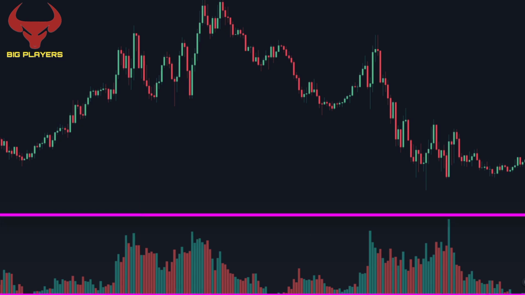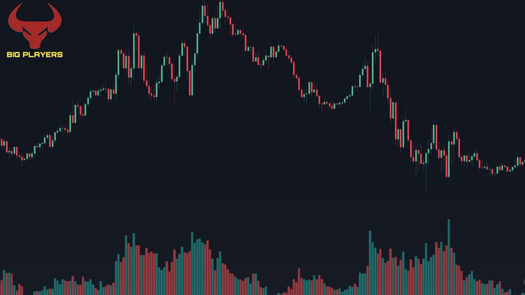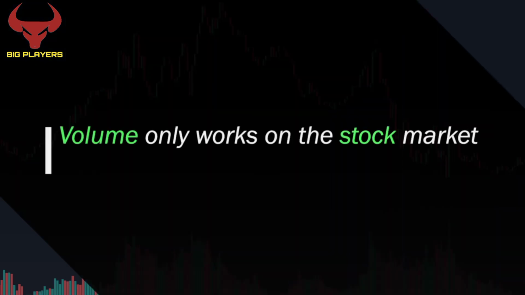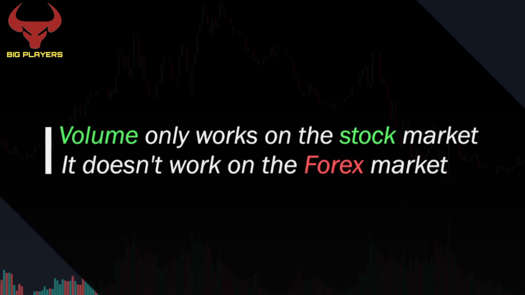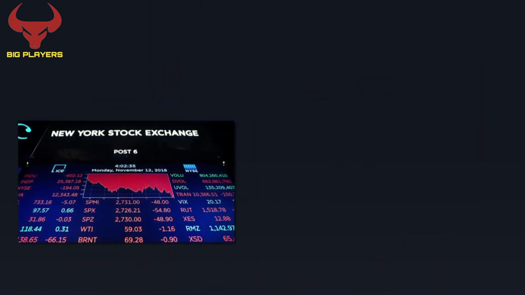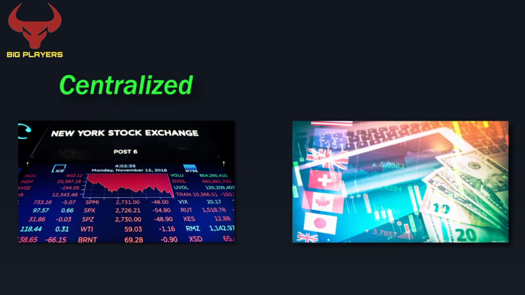Before I start, I'd like to give some really important info that I rarely see from other trading channels. Volume only works on the stock market. It doesn't work on the forex market. Let me explain. The stock market is considered a centralized market, meaning all the trades are routed towards one central exchange. However, the forex market is considered a decentralized market, meaning there's no one location where the